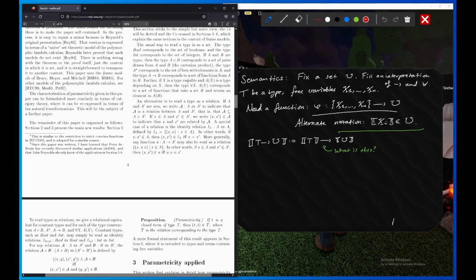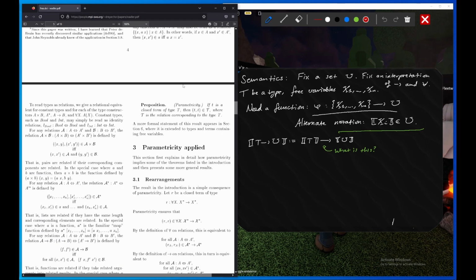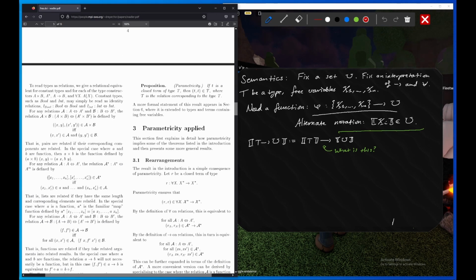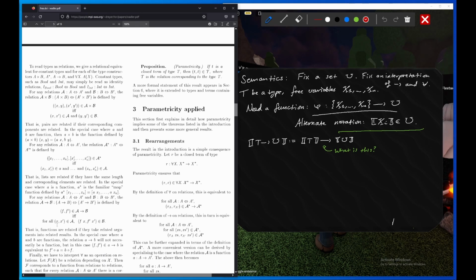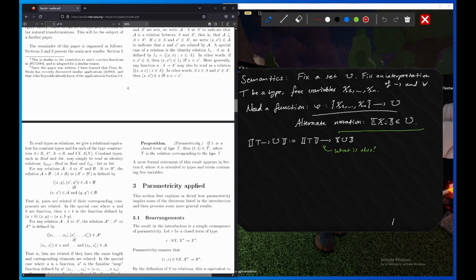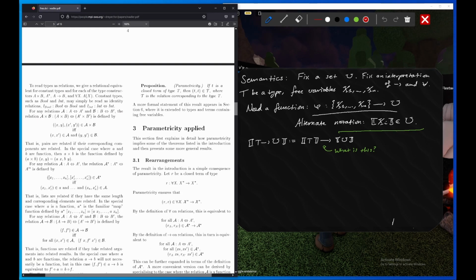I think you mentioned that to define the relation curly A arrow curly B. Hmm. So what do you normally do with arrow? You normally say